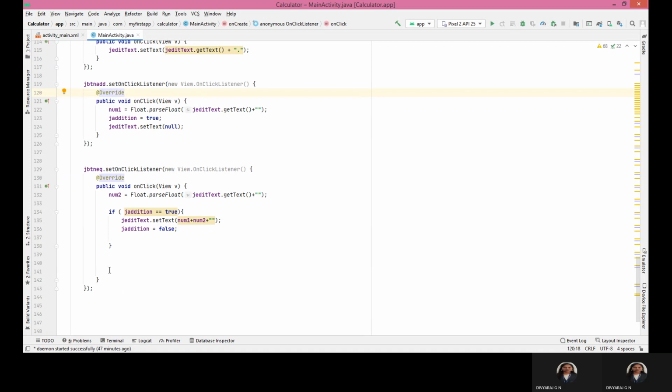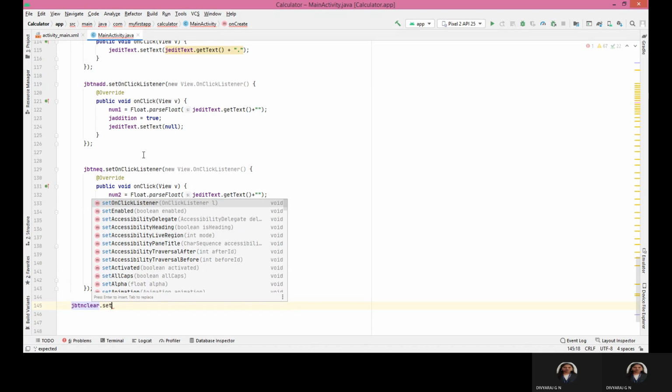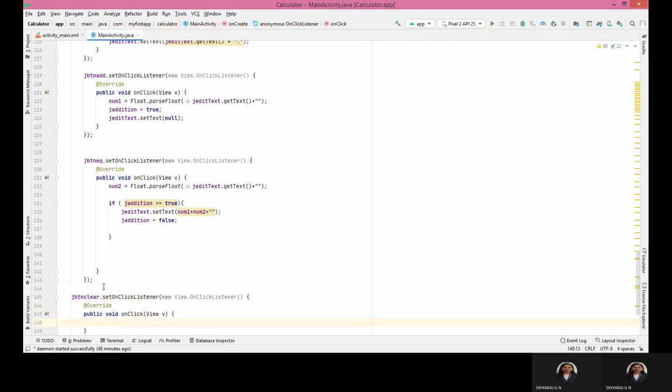But before all of this, I will call the clear button, because you need to clear it, right? Clear the code, clear the values. So J button clear is here. Dot set on click listener, in a brace, new on click listener, new space, yes, on click listener. Automatically the code comes. What to do? J edit